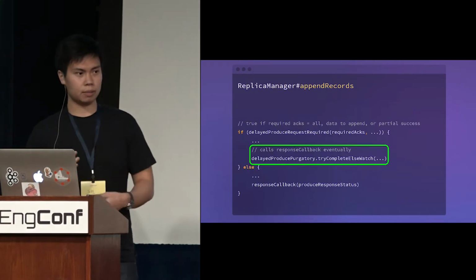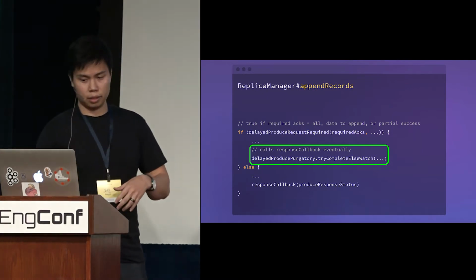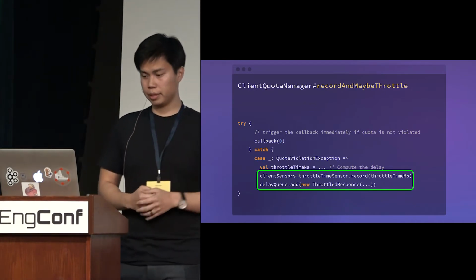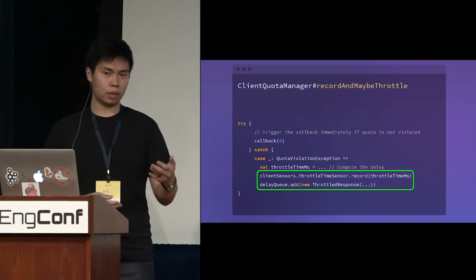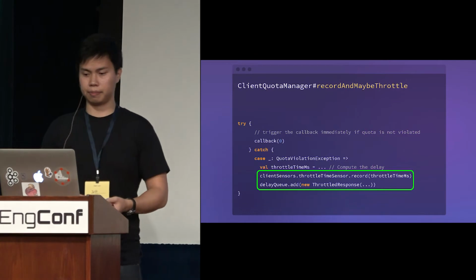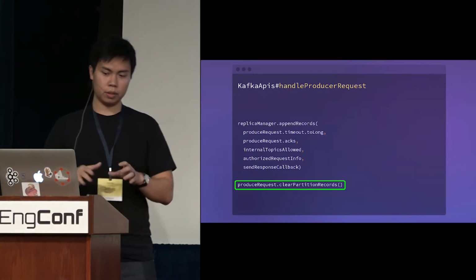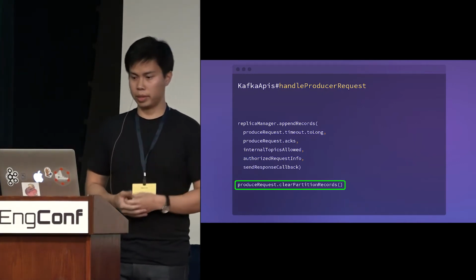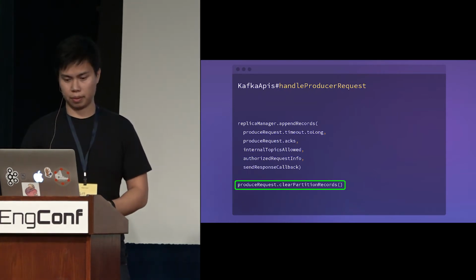After that, it'll wait some time for a callback to be called, in which if a user is over their produce quota or quota period, then a delay will be computed, and the request will be put onto an internal queue to be processed and sent back at some later time in the future. Finally, before it returns, it will remove all references to the produce request so that the GC can reclaim its memory.